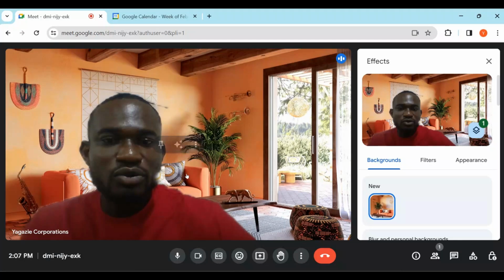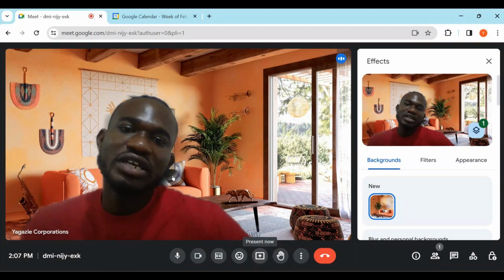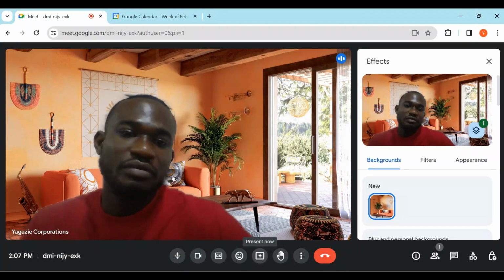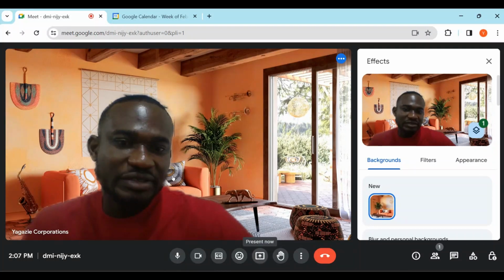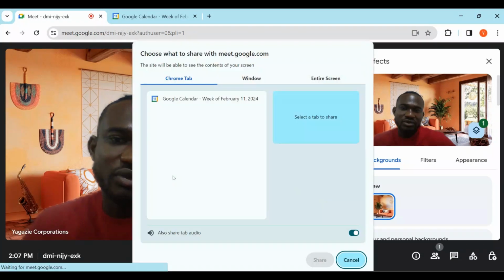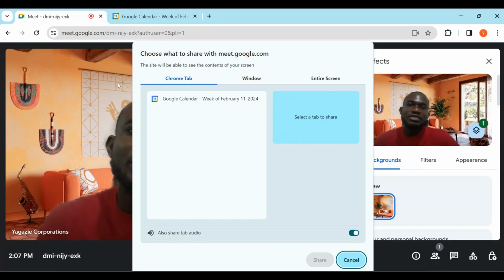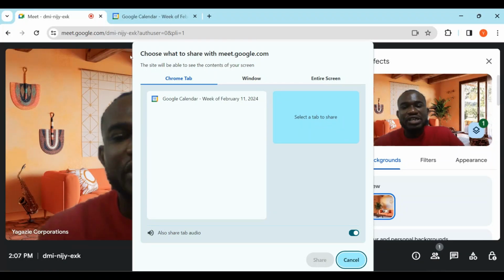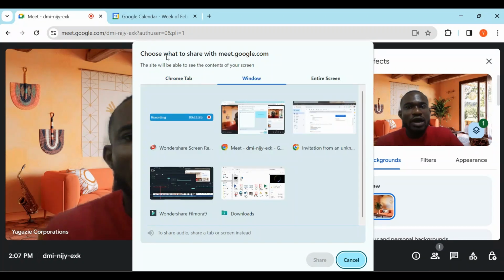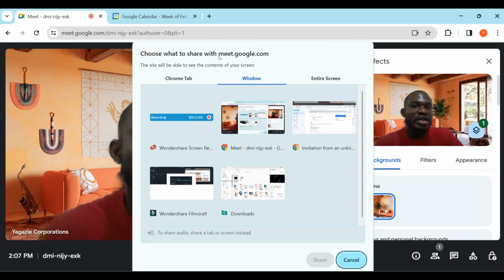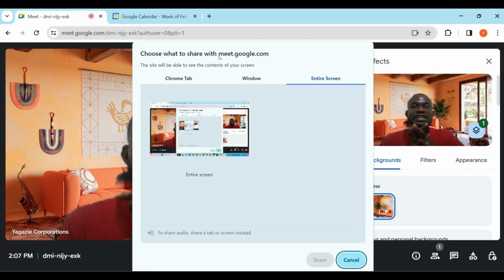Now at this point, I want to share my screen or present something from my laptop. I'll just hit this button, present now, and I have three options. Either I will share a tab in the Chrome window I'm working from, or I'll share a window. These are windows that have been opened on my PC, so I can share any of the windows here. My downloads folder, any of my Google Chromes, my recording software, and I can share the entire desktop as